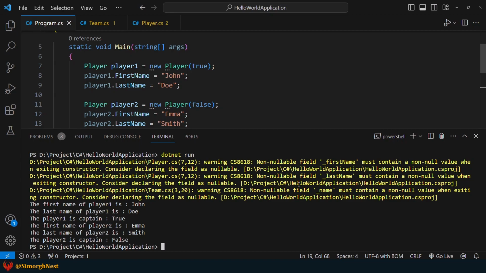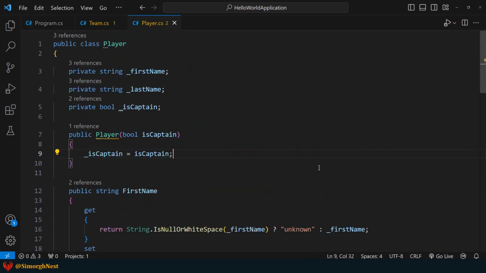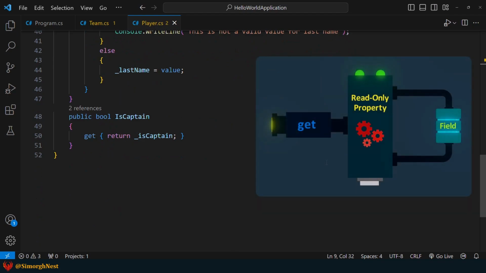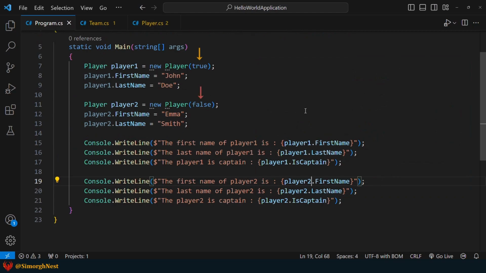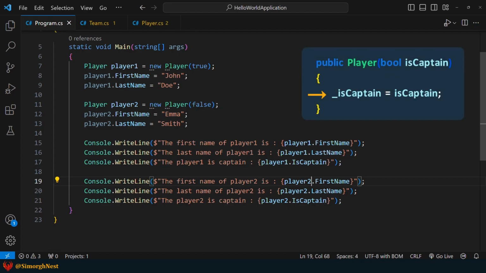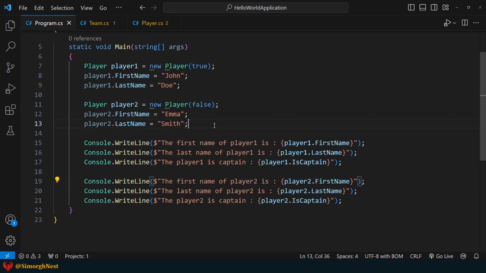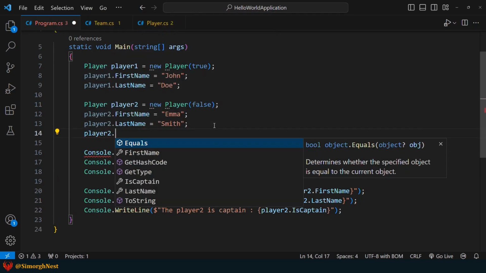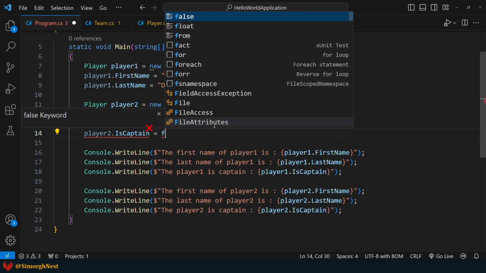As expected, the data of player 2 is also printed. Okay, based on our discussion, a property that only has a get accessor and no set accessor is called a read-only property. Typically, the value of a read-only property is set during object initialization or within the constructor of the class. And when we attempt to set a value to a read-only property like isCaptain, an error will occur.